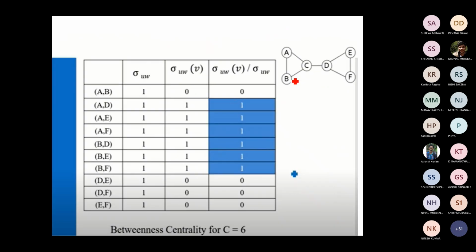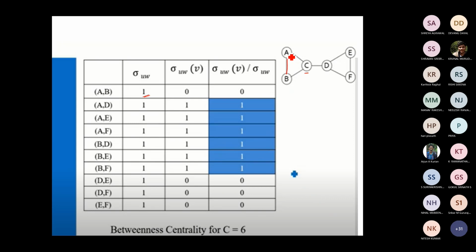You look over here. I have taken a small example. For C, I have to find out the betweenness centrality. So you find out all possible connections where this C node is going to appear in our graph. You take A comma B first. What is the shortest path it takes? If I have to reach B, I can reach through C, A to C, C to B also. But I have another simple way, A to B straight. So it is going to be 1.